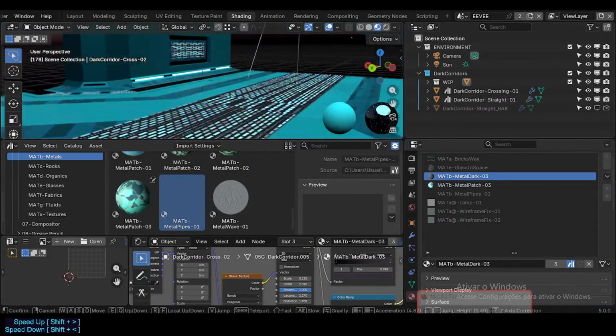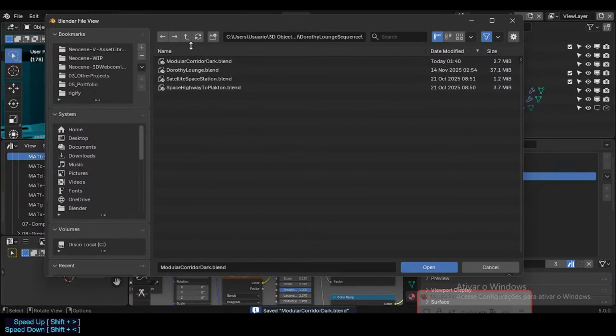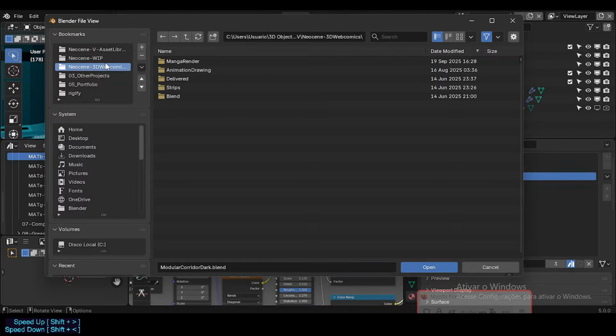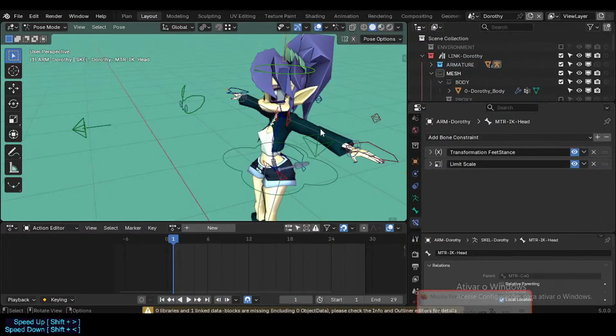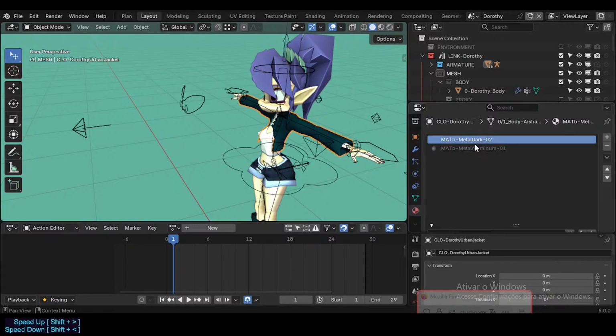Okay, then we're gonna go to the, yeah, let's first go for the character, because there is something urgent to fix here. Metal dark, right? So here gonna change this to 4. There we go. It should change the name for all the, so you need to bring this into the